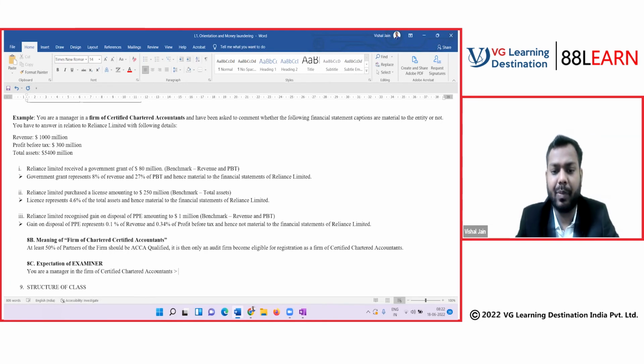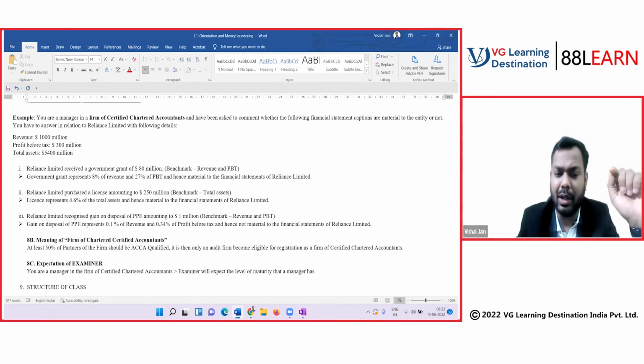The implication is that whenever you are a manager, the examiner will expect the level of maturity that a manager has. So you should not write very small, silly points. What we have to understand here is that rather than commenting, rather than defining any concept,